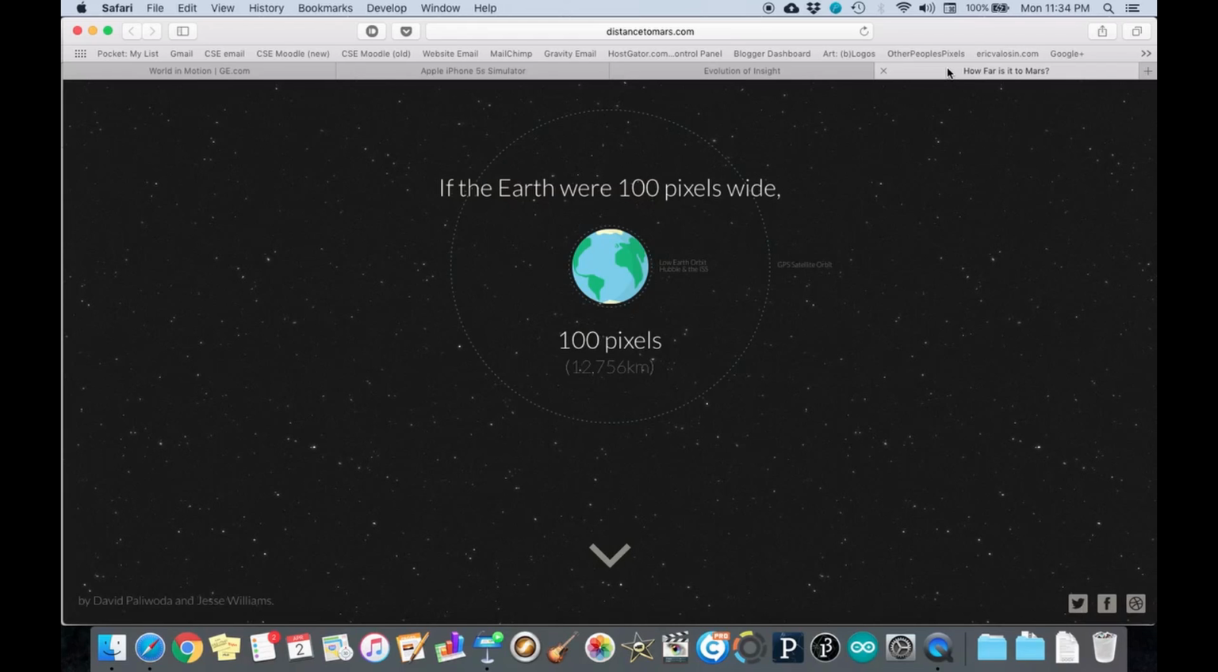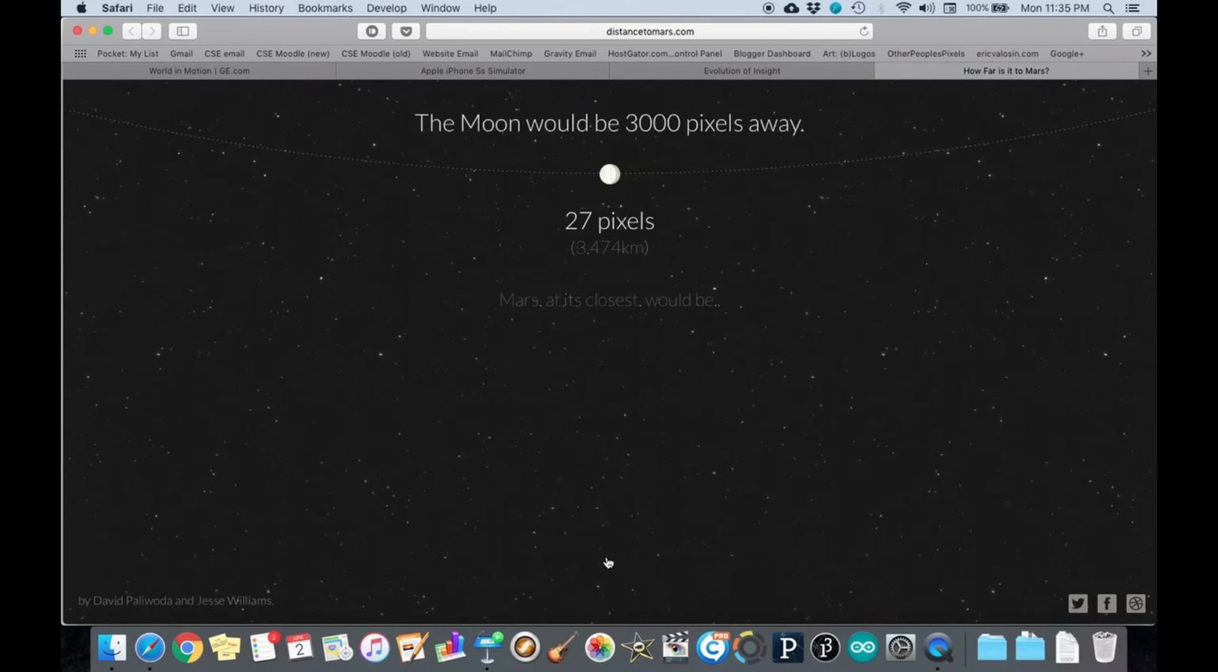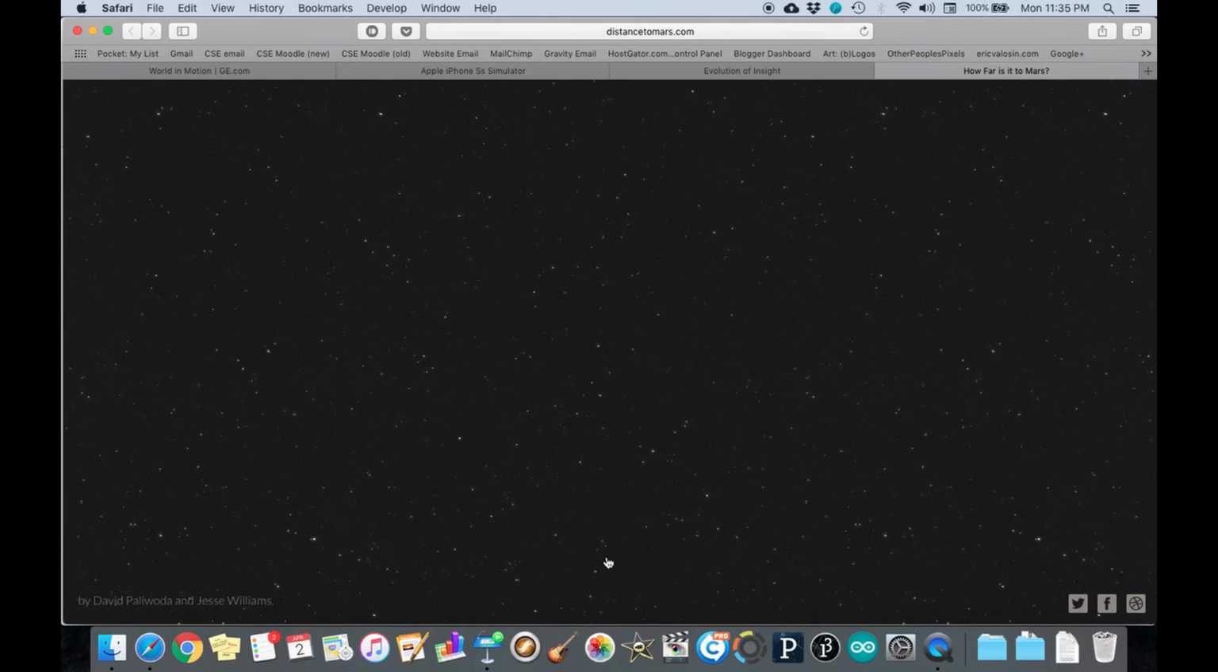So for example, this is really good for when you have large numbers or things that just don't come across very easily in words or simple pictures. You need more of an experience in order to capture it. For example, how far away is Mars? If the Earth were 100 pixels wide, say about that big, we can take a little journey. The Moon would be 3,000 pixels away. Mars, at its closest, would be, hang on to your space helmets, everyone,